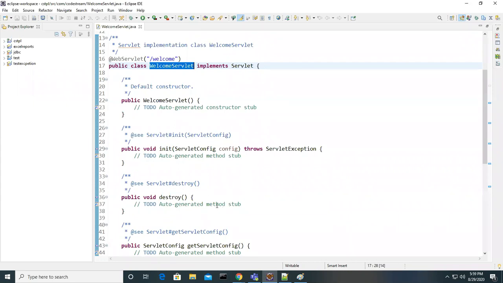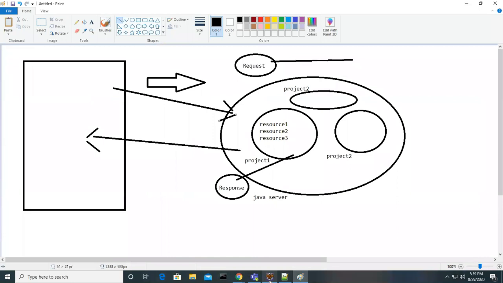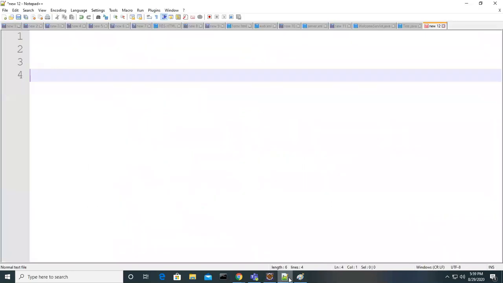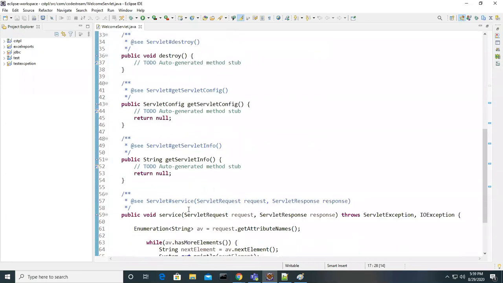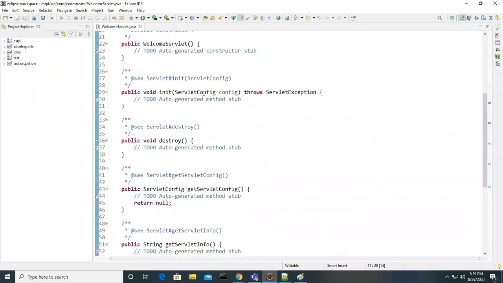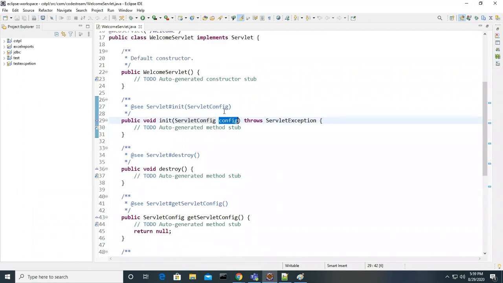Once it has created the object and kept it in memory, what will happen, guys? Immediately the server is going to call a method called init, which is one of the methods of a servlet. Before calling the init method, the server creates the config object, and all the configured details are stored in that object.